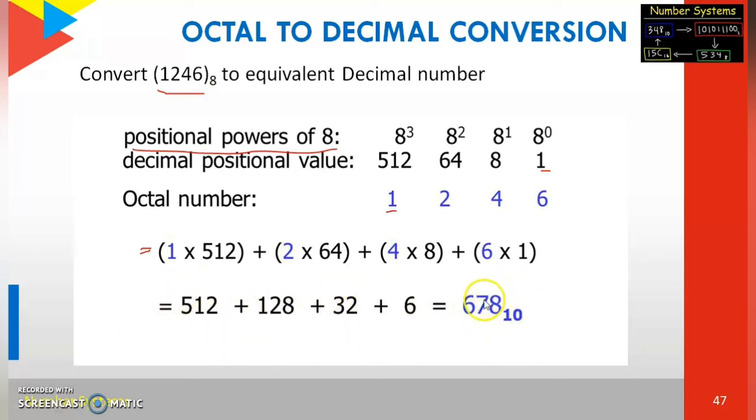So this is the value of the decimal number. Now you know how to convert an octal number into a decimal number. We first write the octal number and write down the powers of 8, and then find the weight of each positional value. After finding the weights, multiply each digit with its corresponding weight, and then add all the numbers, and we get the result.